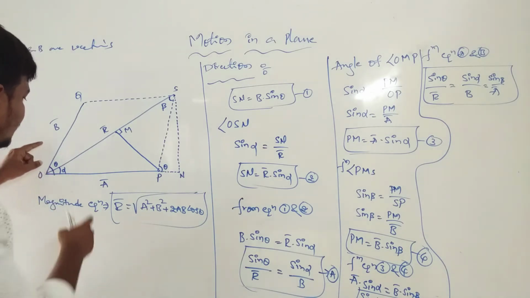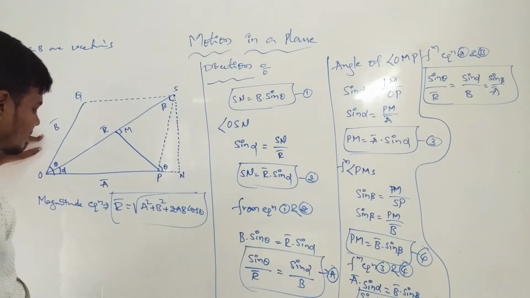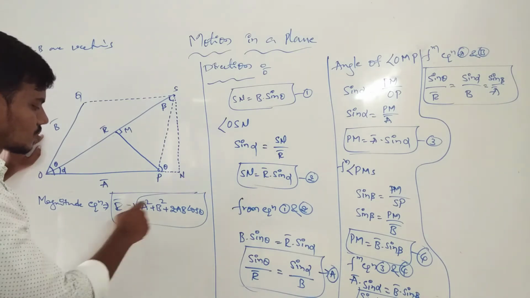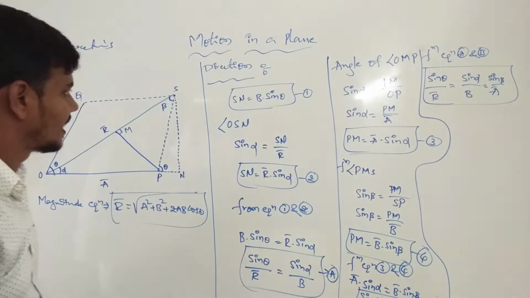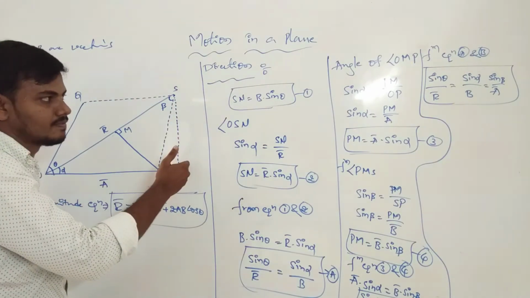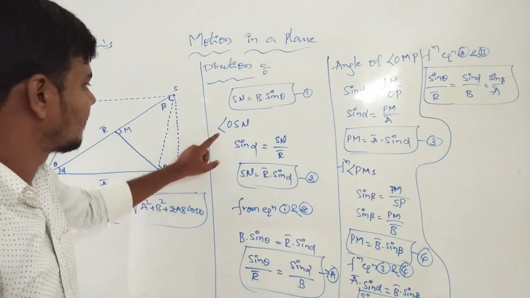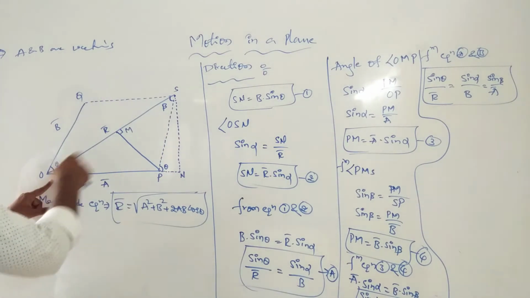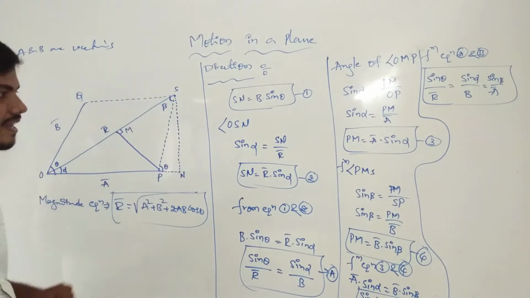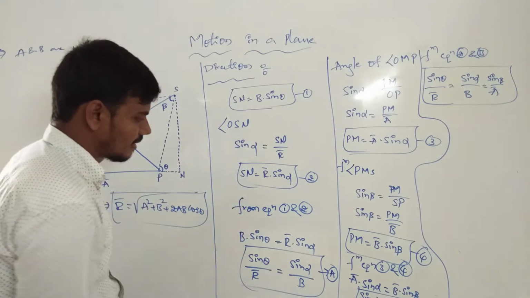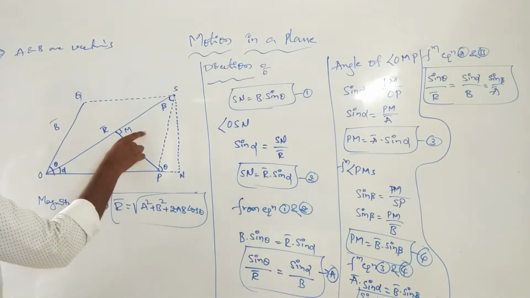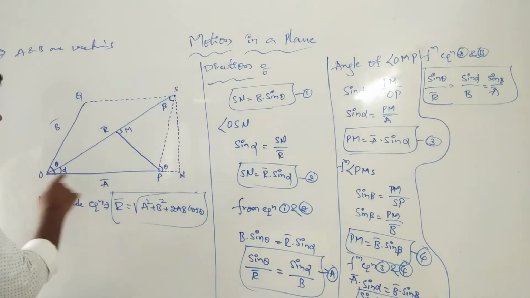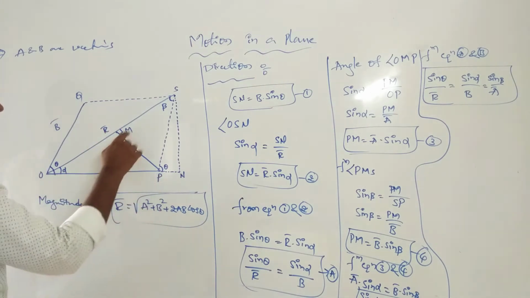Mainly, there are two types of vectors. Here we observe our previous one: the magnitude of R bar is equal to the square root of A square plus B square plus 2AB cos theta. Now for direction, first we use our Sn. Now Sn is equal to B sin theta. Clear one? In the angle OSN, sin alpha is equal to Sn by alpha. Now from equations 1 and 2, Sn is mutually equal. Clear? Now there are two triangles here: first OPM, and second PMS.